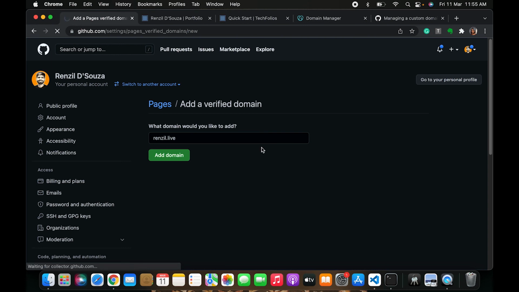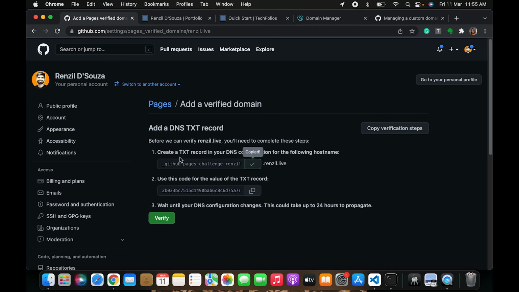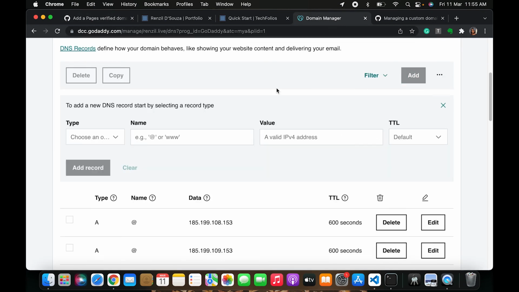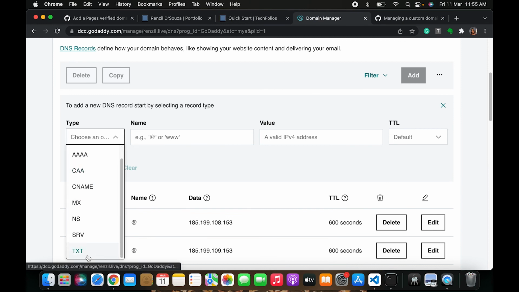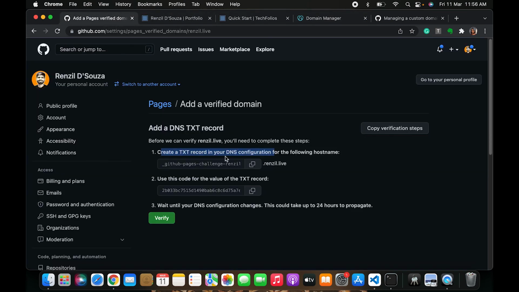Click add domain, and then it will tell you very clearly you need to create again 2 DNS records in your domain with your domain registrar. These buttons are useful to just copy it. So it's saying create a TXT record with the following host name. Coming back to GoDaddy, I'll say add DNS record, and I'll choose the type as TXT. I'll put this as the host name, and if you come back to that, it says put this as the